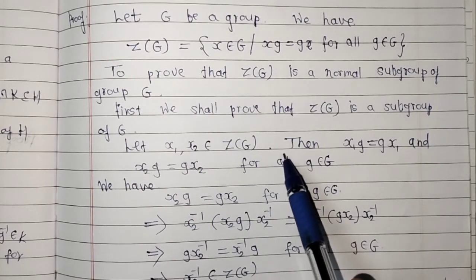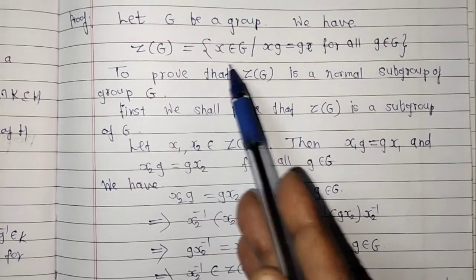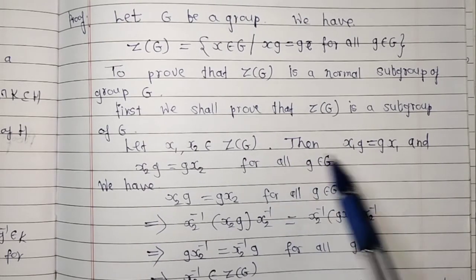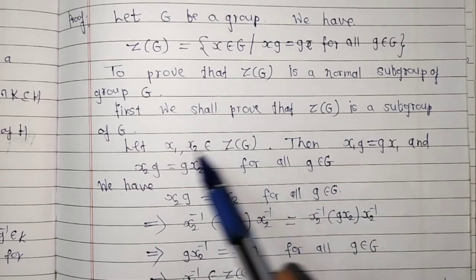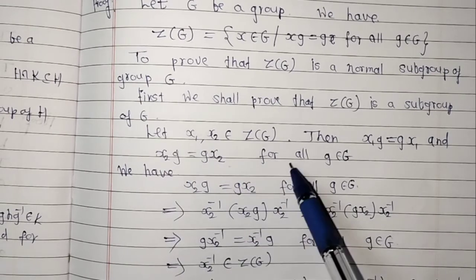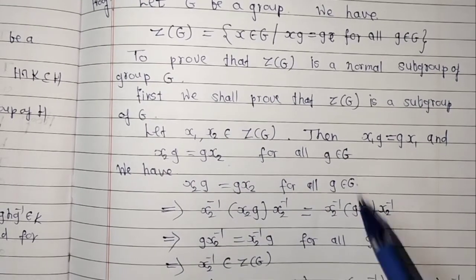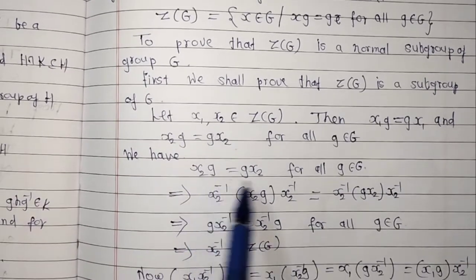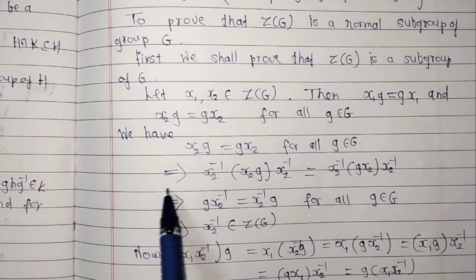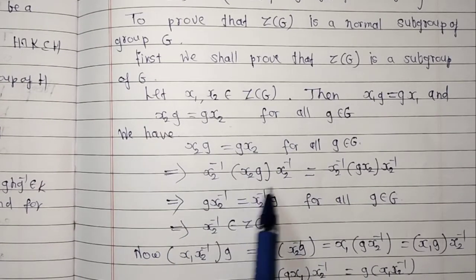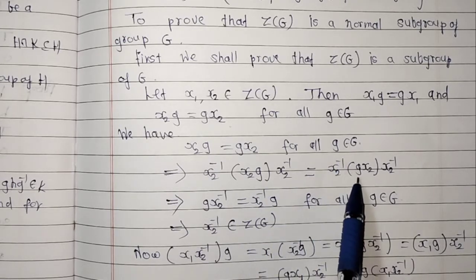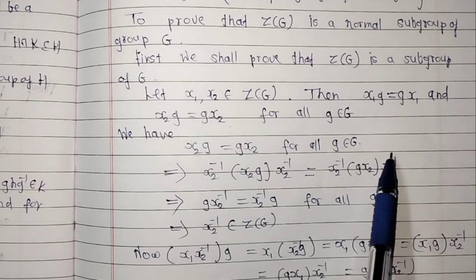Then by the definition of the center of a group, xg equal to gx, that is for x1 belongs to ZG, x1g equal to gx1, and for x2 belongs to ZG we get x2g equal to gx2 for all g belongs to G. Thus we have x2g equal to gx2, and this implies x2 inverse (x2g) x2 inverse equal to x2 inverse (gx2) x2 inverse,